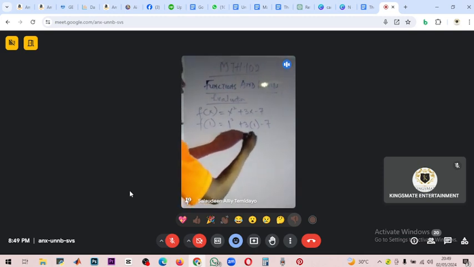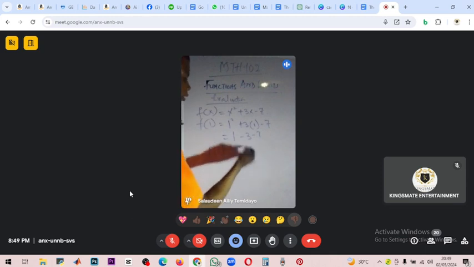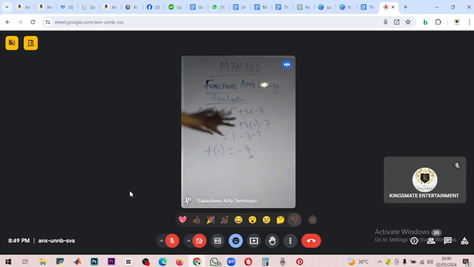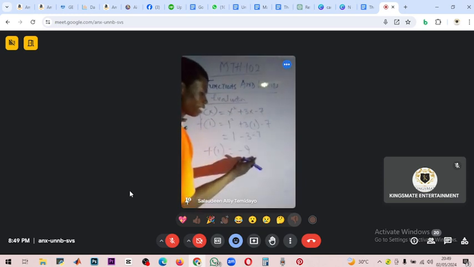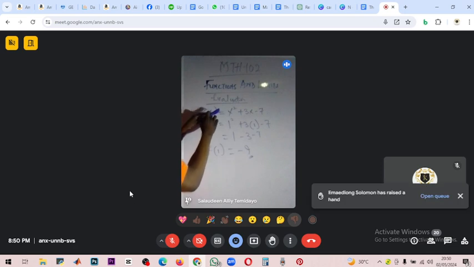Apparently, I have 1 plus 3 minus 7. So f of 1 gives me minus 9. That is the evaluation. If it was 1 that we input into this function, this computer, it's exactly that output that the computer will give us, if we input 1 instead of inputting x. So this function, x squared plus 3x minus 7, if we change x to 1, that means f of 1 instead of f of x.